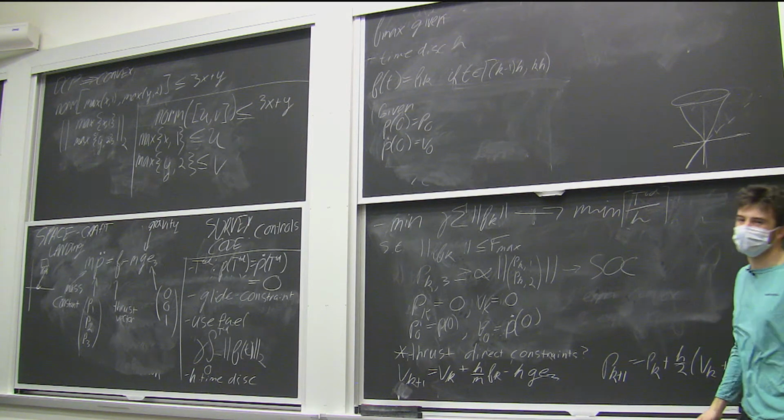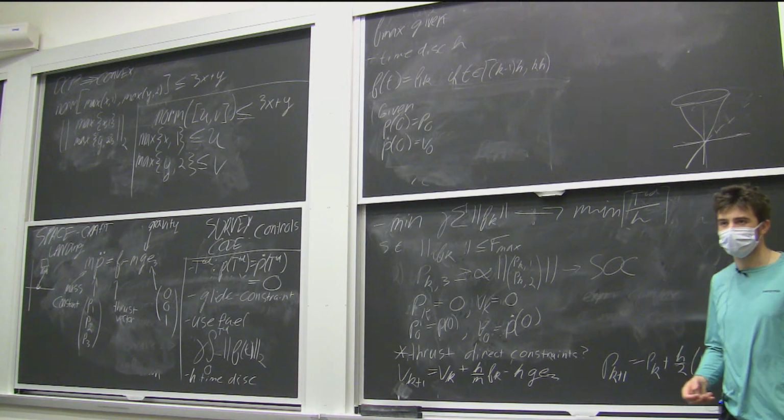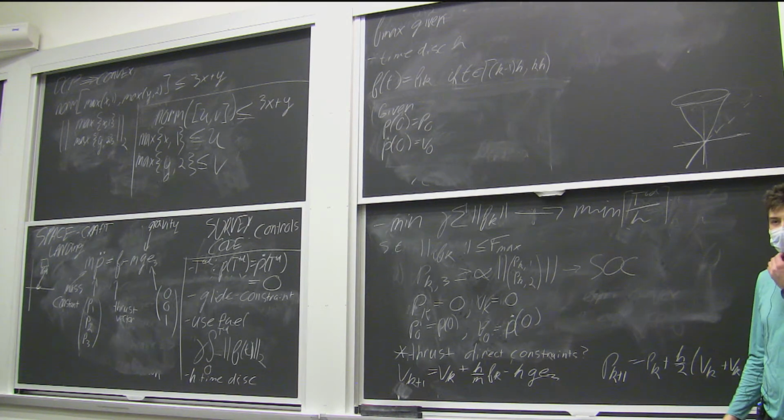Probably going to have to take the ceiling of that because I want it to be an integer. So what's the problem with doing this? The objective looks linear-ish. It's not actually continuous, but